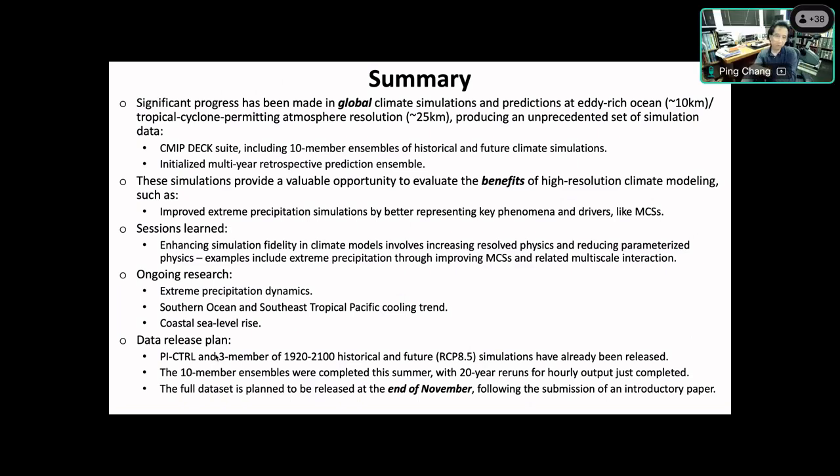Yeah, there are a lot of recent studies on this, on to what extent the moisture change is driving the future extreme precipitation change, or whether the circulation change is important. If you look at a regional scale, there's a study, for example, I think by a UK group, looking at the future change of the extreme precipitation. What they find is that as the temperature warms above certain thresholds, the precipitation actually stops increasing.